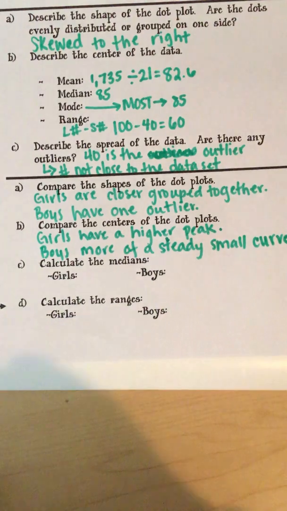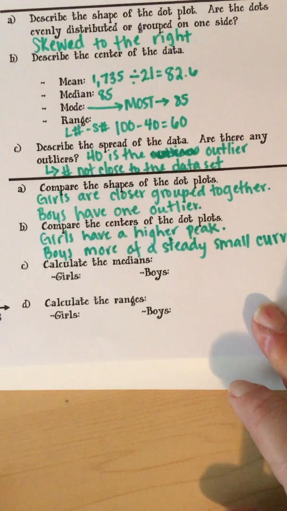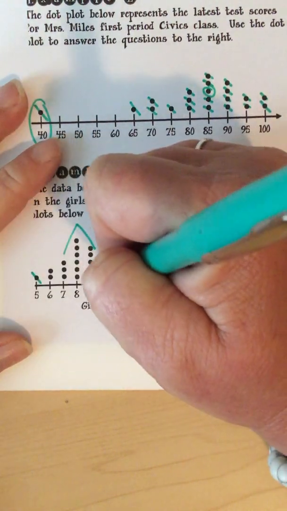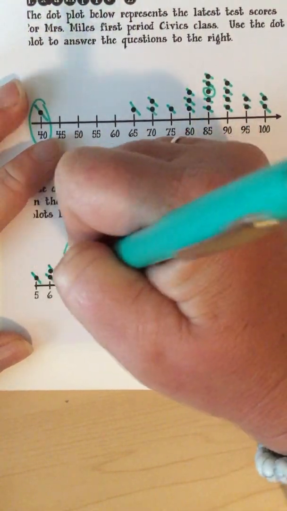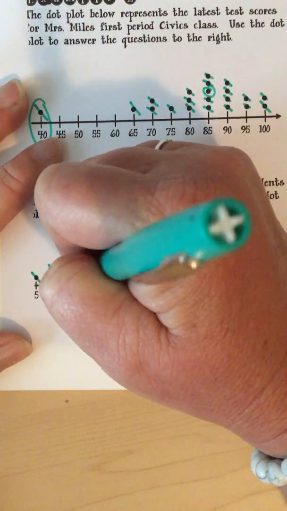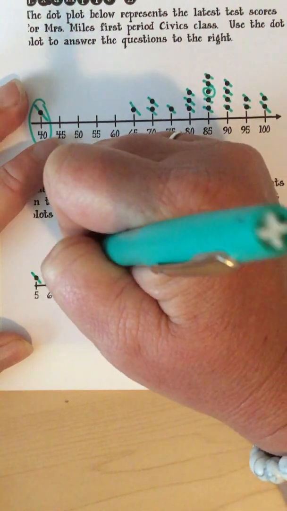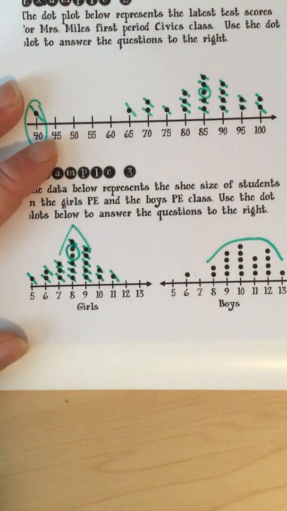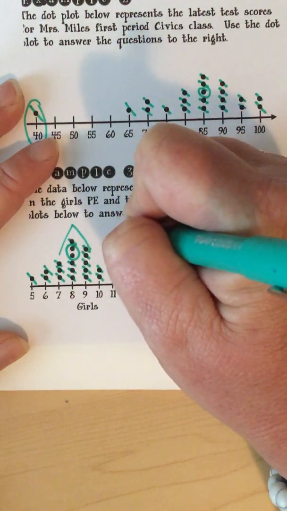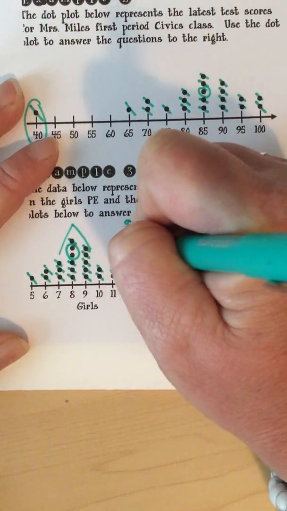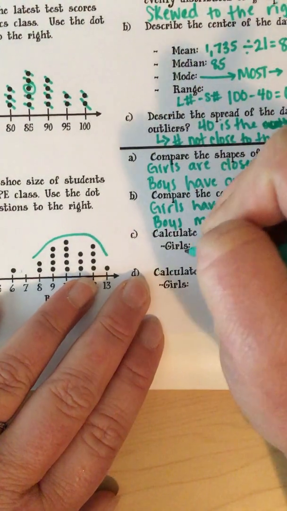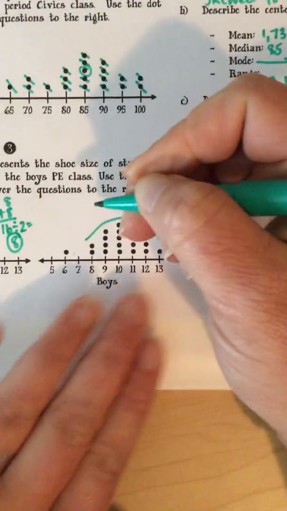All right, for C, it says calculate the median of the boys and the girls. We just talked about finding the median using your dot plot. So again, I'm just going to cross off the first and the last until I get to the middle. So now we have two numbers in the middle. Remember, when we have two numbers in the middle, we have to add them together, which is 16, and then 16 divided by 2 is going to give me 8. So the median for the girls is a size 8,